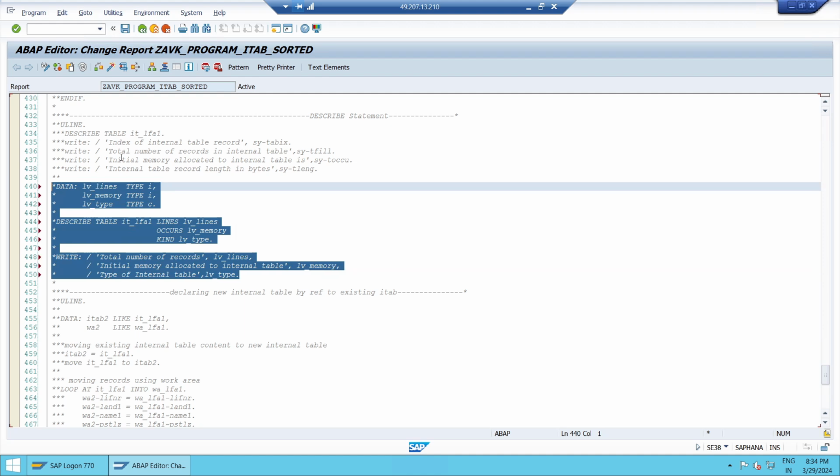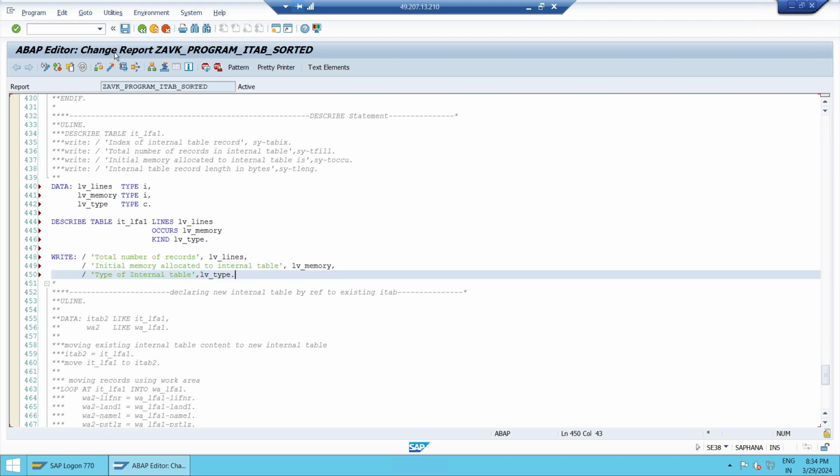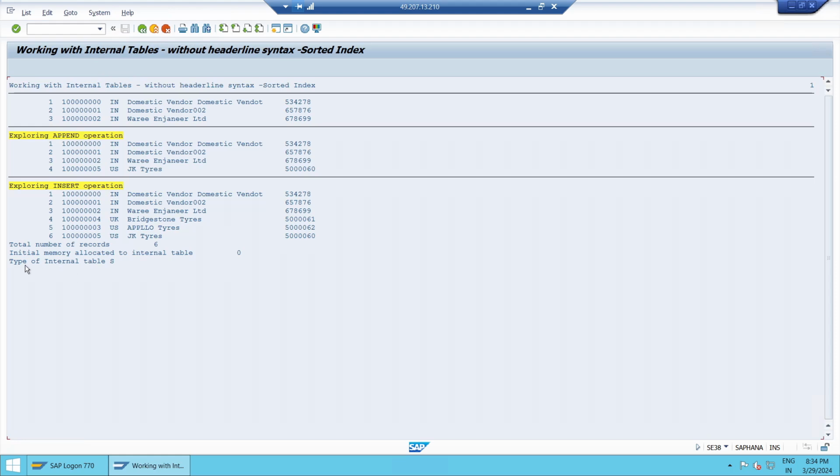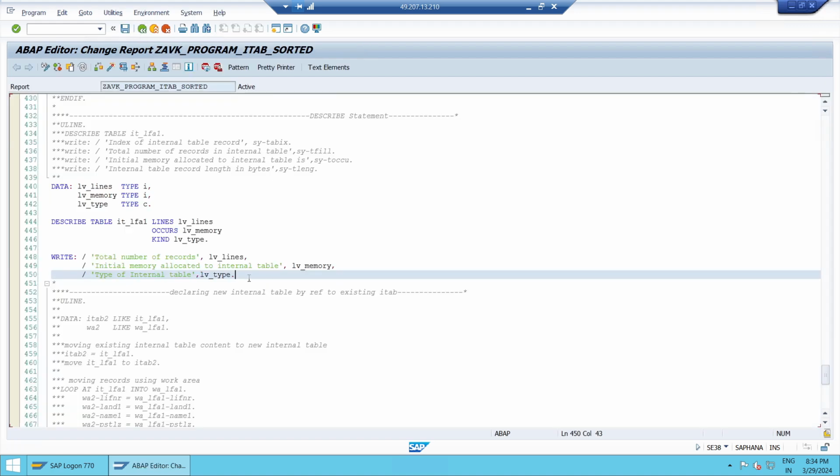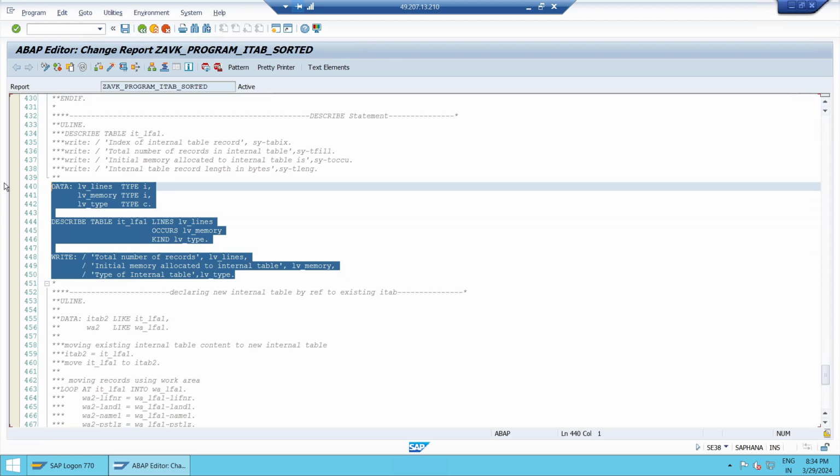Okay, you will come to know the internal table type is sorted. Internal table type is yes. This is type yes, not yesterday it was given T. T for standard, S for sorted. That's it. So right. Then finally,